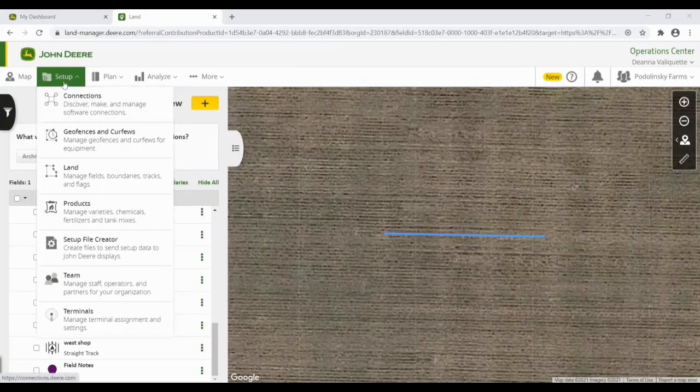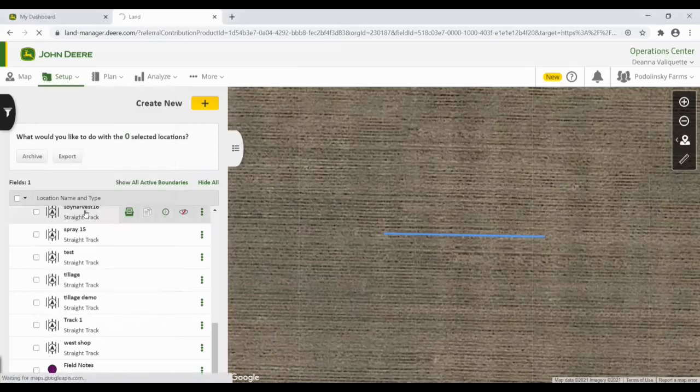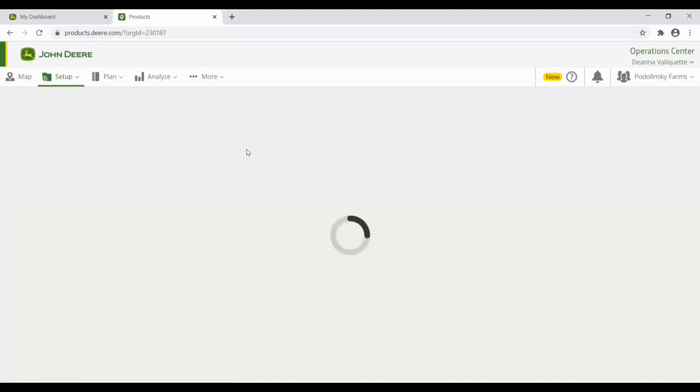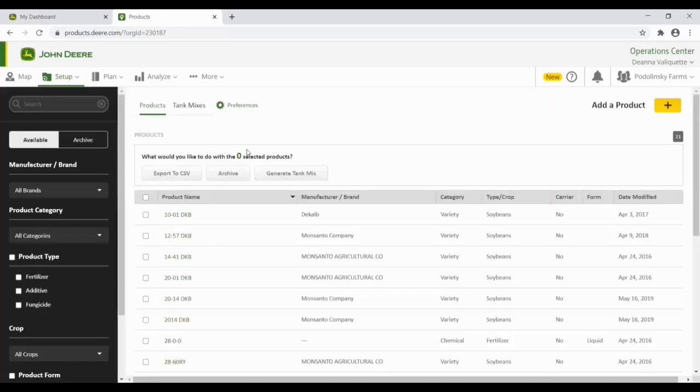So one of the next pieces of a setup file are your products. The only place you can access it is up on the setup tool, so we're going to go into products now. And one disclosure statement I will make is if you are going to use products, make sure you fully use it. When this tool first came out, what we ran into was everyone made their setup file in the spring